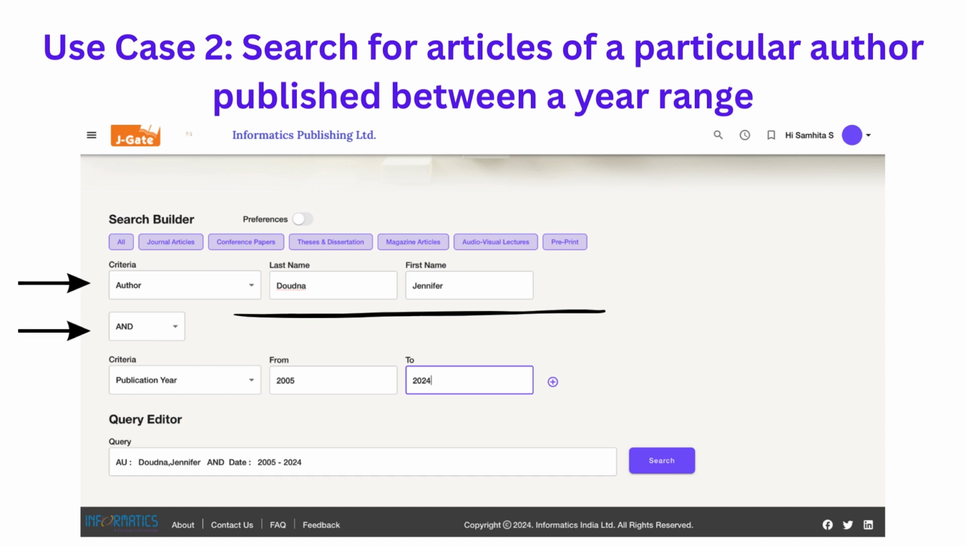Next, we select the publication year as the criteria for the second field. We enter the year range by typing 2005 in the From field and entering 2024 in the To field. Upon searching, we will be able to retrieve all the articles published by Jennifer Doudna between